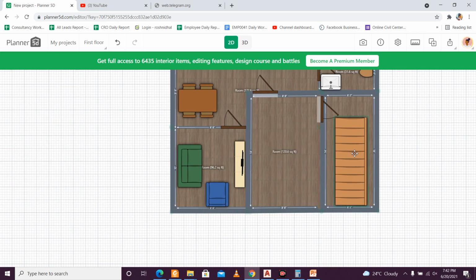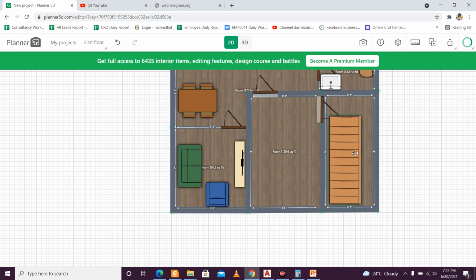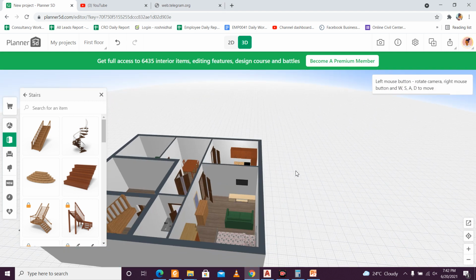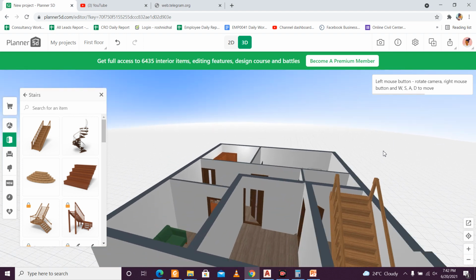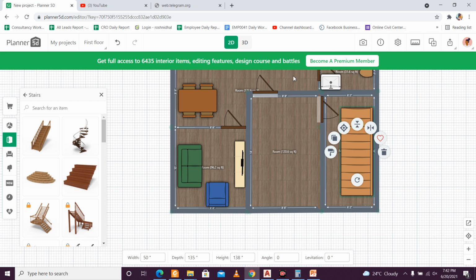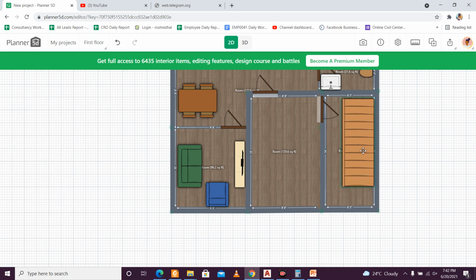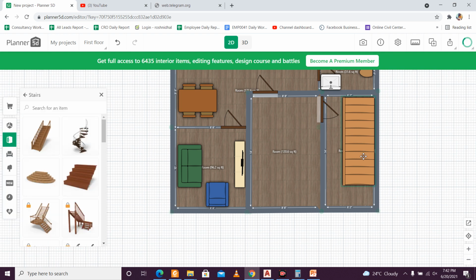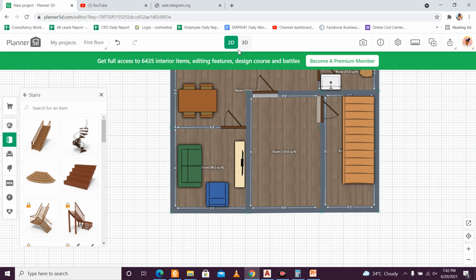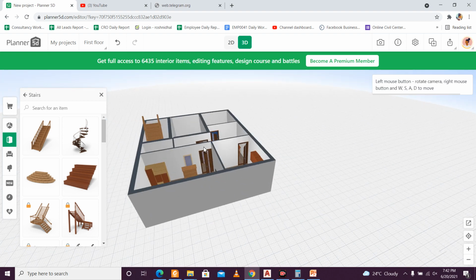This is one kind of disadvantage, because you cannot give the exact length of the stairs which you want. But let's see how it looks in the 3D view, just to represent that we have a stair here, and it's going from here to here. So actually it is the opposite one, so I want to rotate this. Let me keep it somewhere around here, and it will look better in 3D, I think.